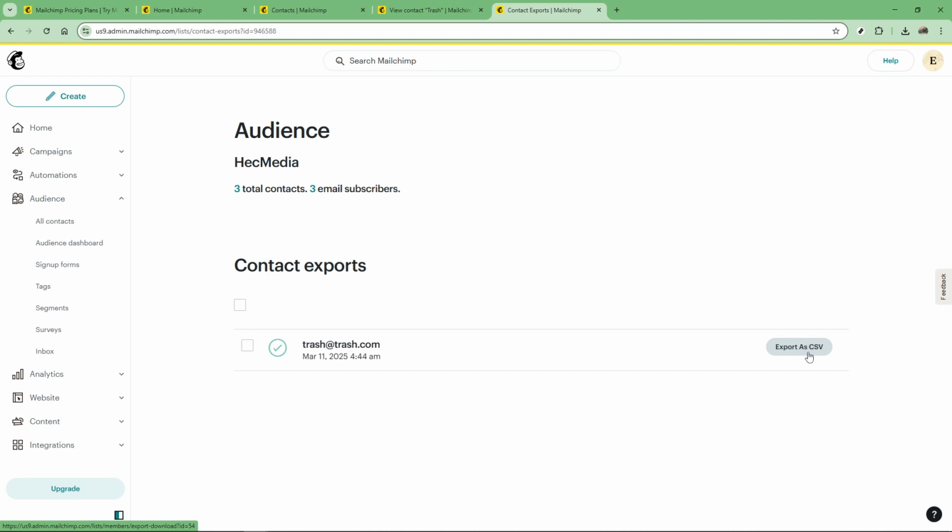exported data with ease. In summary, exporting your Mailchimp contacts is a simple process that ensures you have a backup of your valuable contact information or can migrate it as needed. Whether you choose to download it directly or wait for the email notification, Mailchimp makes it very straightforward to manage